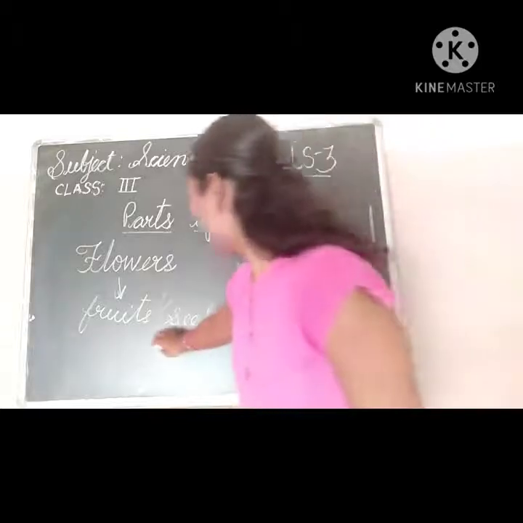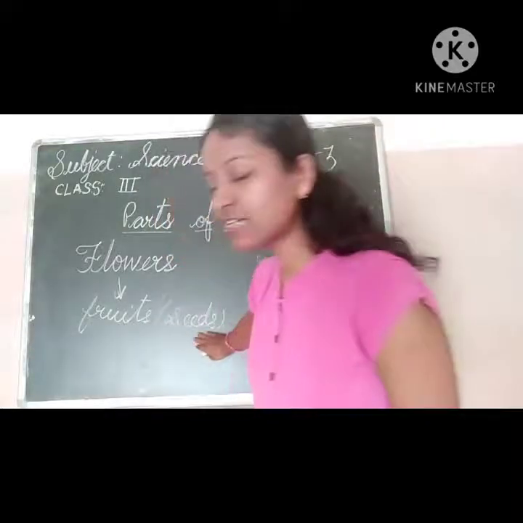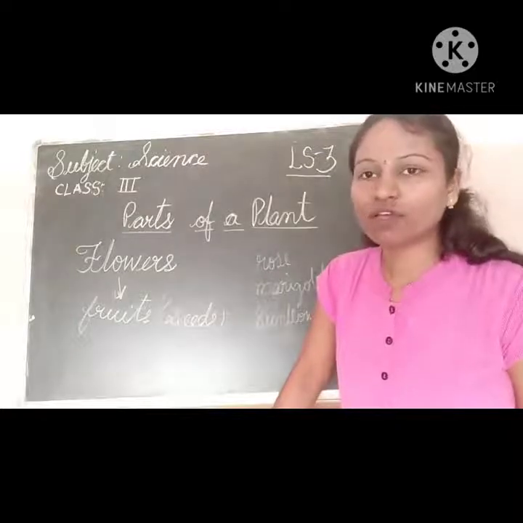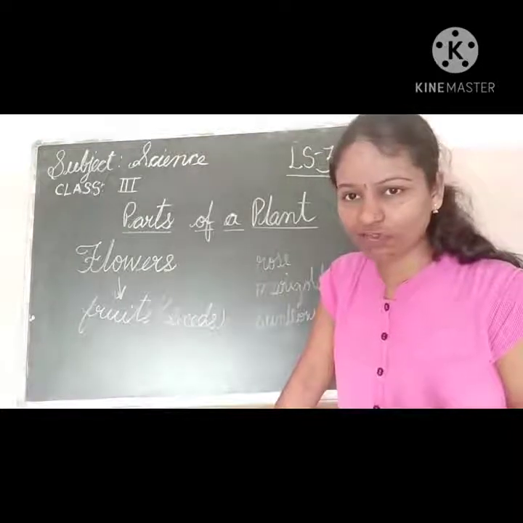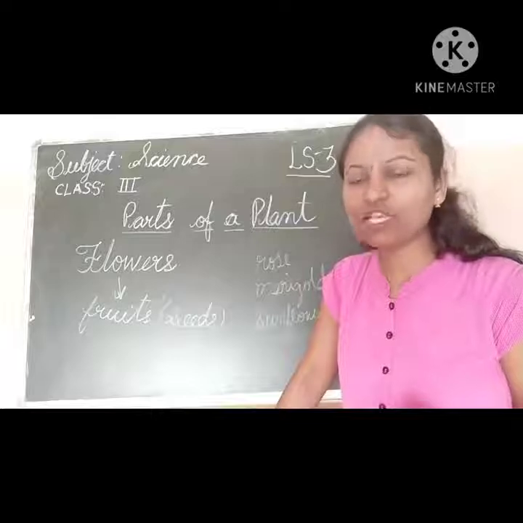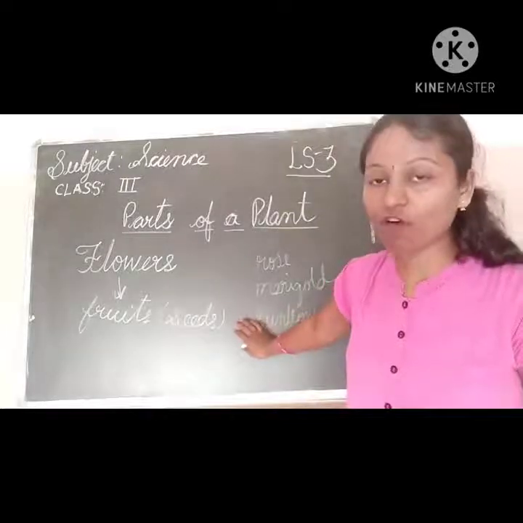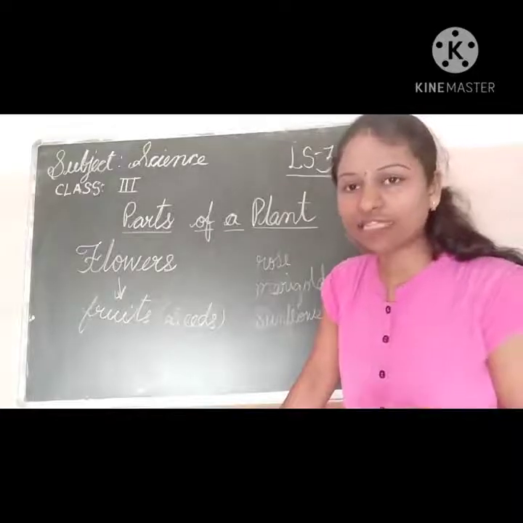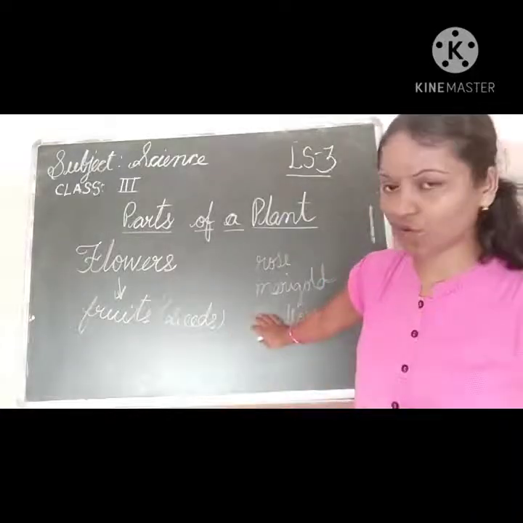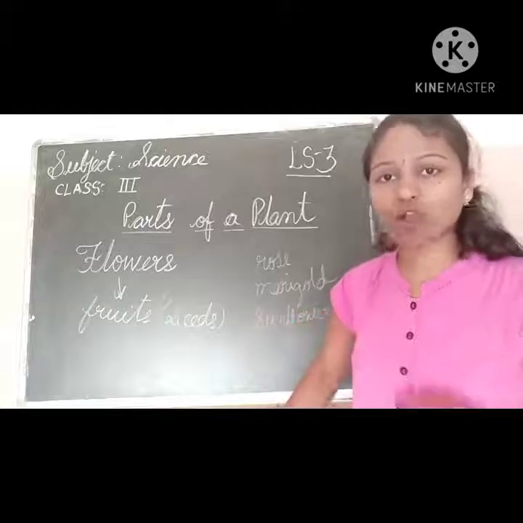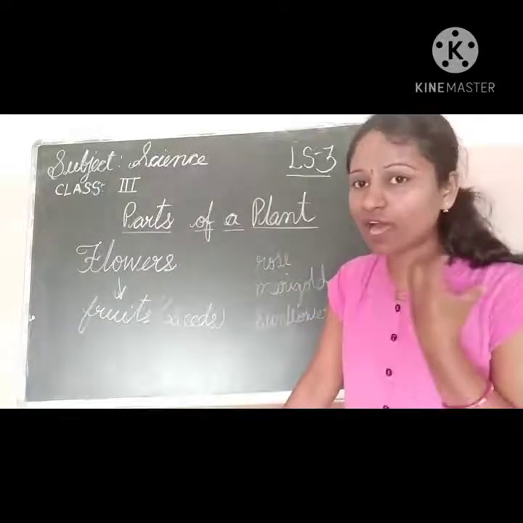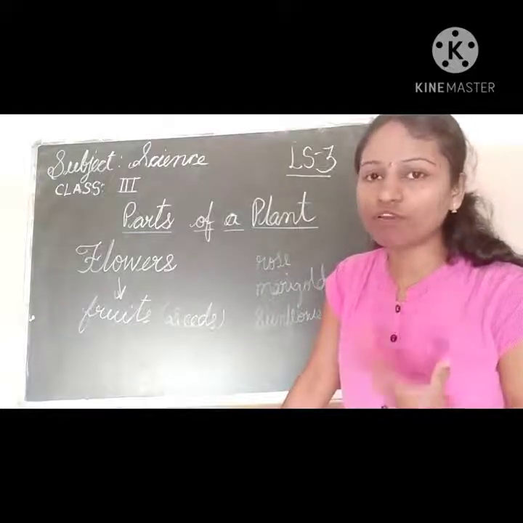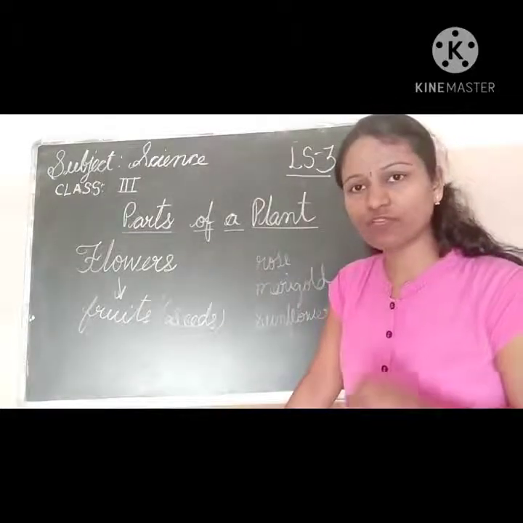One more thing I have to say: seeds are very important. Even the dry fruits you have seen, like cashew nuts and almonds, are also a type of seed. The rice grains and cereals also come under seeds. But what are fruits, children? Fruits are pulpy in nature, and they store the food for the plant, which we are eating.